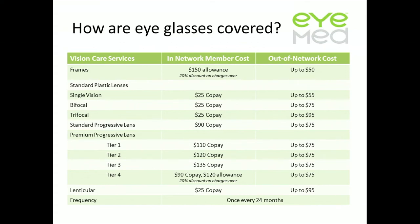That's over the amount that EyeMed's paying. Okay, but if I get a pair that's $130, those are paid in full. So it's kind of your choice what type of frames, how high end you want to go with those. Then you can see, looking down the in-network column, what your co-payments would be for the lenses associated with your